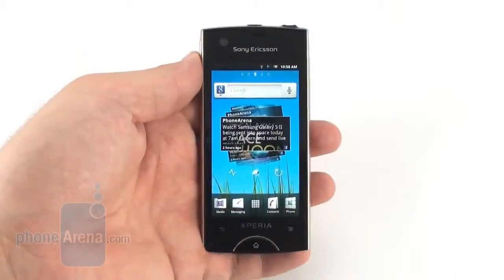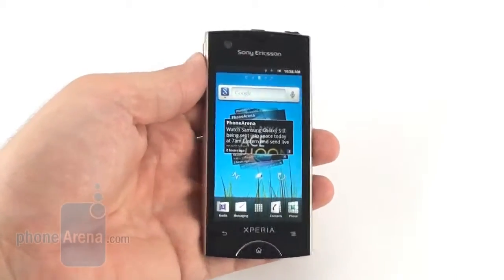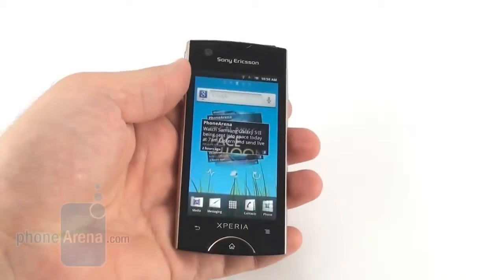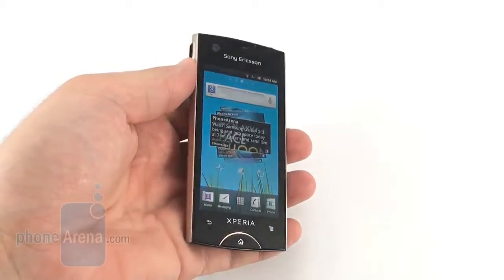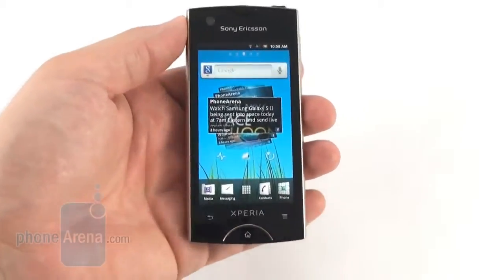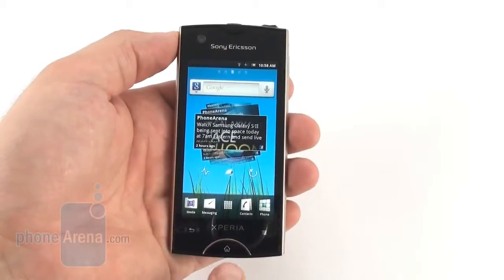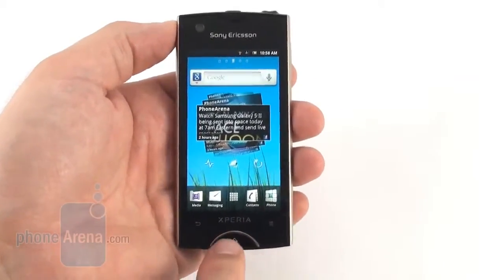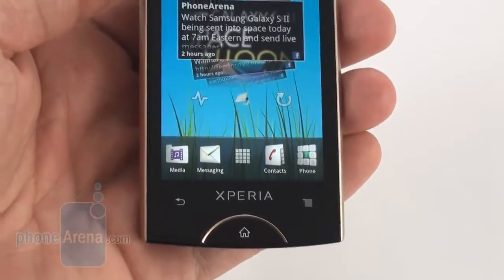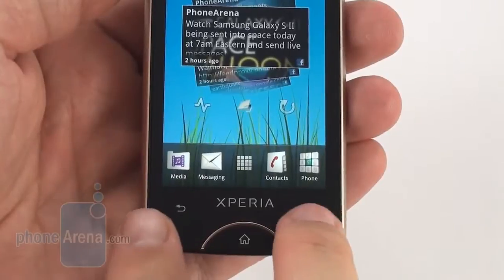The vivid display with a very good pixel density makes alone for an enticing handset running the latest version of Android 2.3 Gingerbread. But when you add that this is one of the first handsets that will appear with the new design of the Xperia line, where we have this semicircular physical home button here at the bottom and two capacitive buttons on the sides,